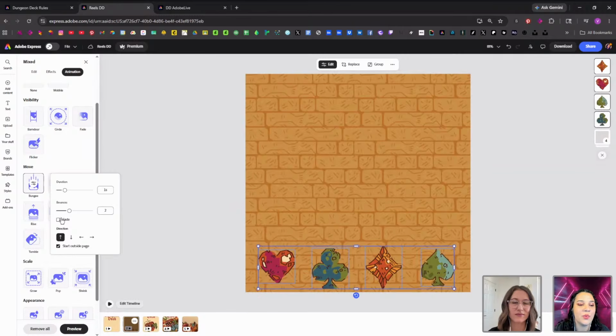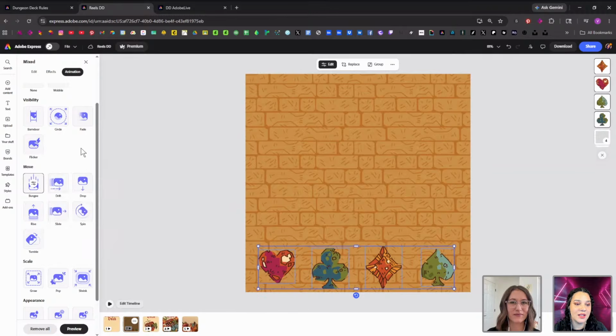And I think that this is one of, while it's also not a new function that has been added, it's definitely one of my favorite updates to Adobe Express, because I'm working with illustration most of the time that I'm animating and creating stuff in Adobe Express, and I don't often want my illustrations and things that I've painted for clients to be showcased with transparency on them, even if it's just briefly for the duration of the animation.